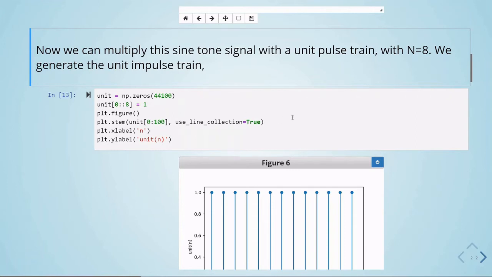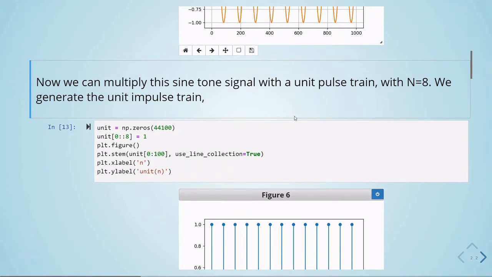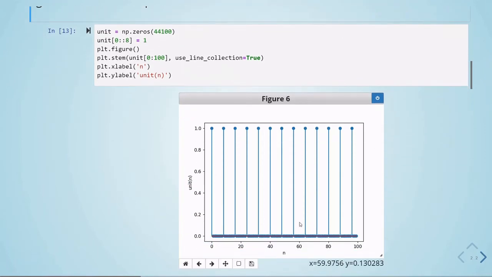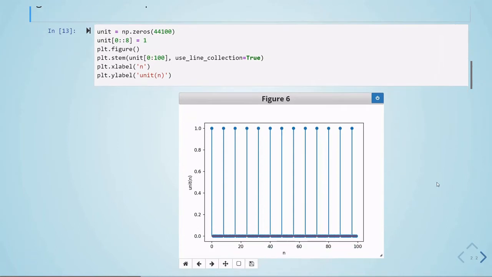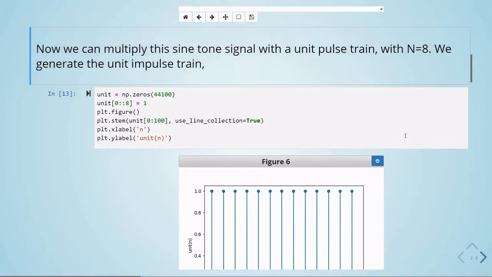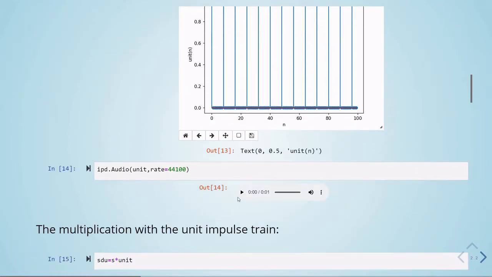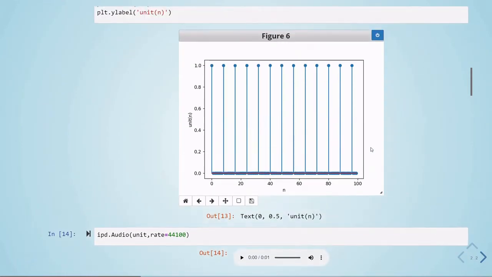So what we have here is this unit pulse train with zeros in between. So here we have a 1, then zeros, then another 1, zeros,